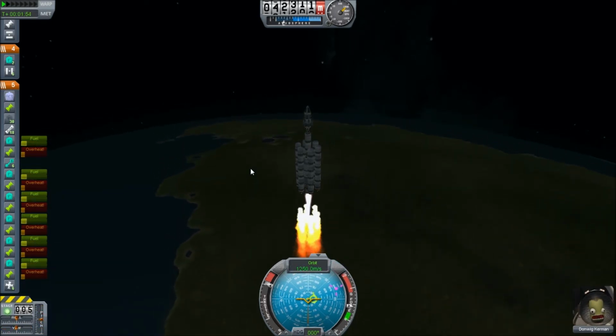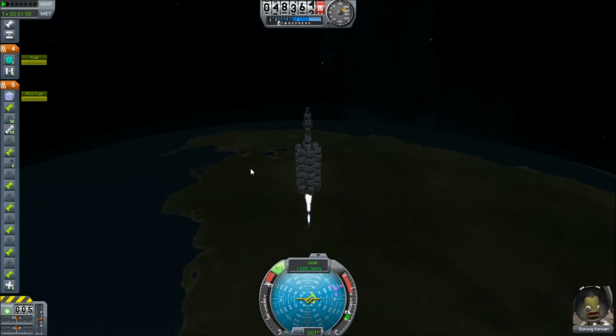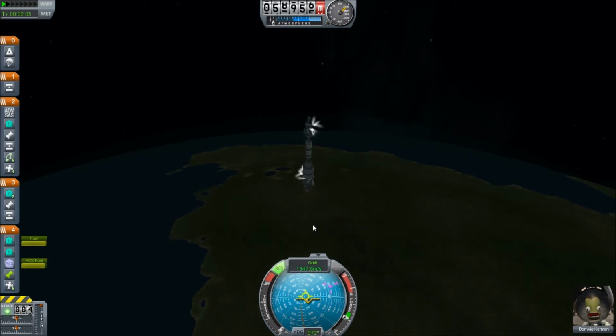So I'm going to turn SAS off in preparation, RCS on so that I can get some control, ditch these, turn off this engine for now so I'm not wasting fuel while I turn. And then we're going to roll...